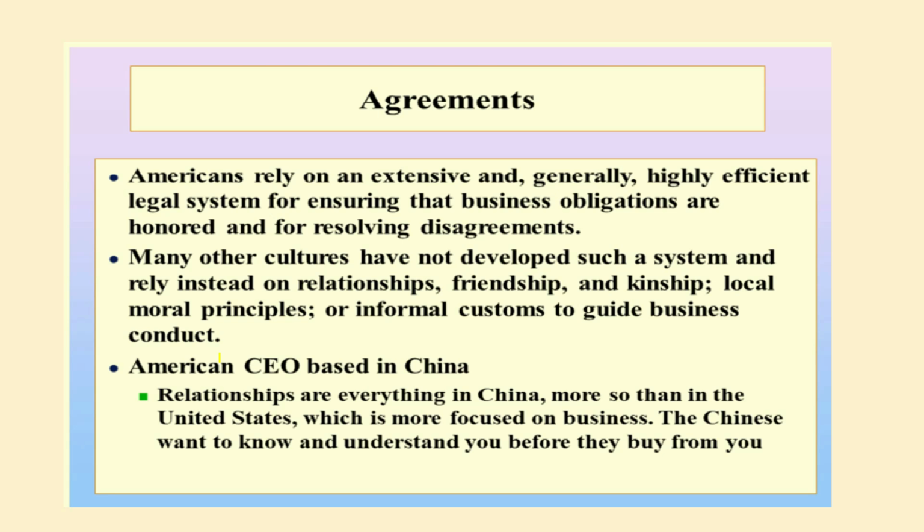Agreements are also a part of a relationship. How agreements are formed differs, because in countries like the USA, they extensively rely on the legal system and legal bindings or written agreements, whereas in many countries, basically in Asian countries, these systems are not well developed. The agreements are based upon relationships, friendships, kinships, word of mouth, or maybe a third party vouching for you, but maybe it's not written down. So agreements are honored based upon relationship in some countries, and based upon the legal system in other countries.